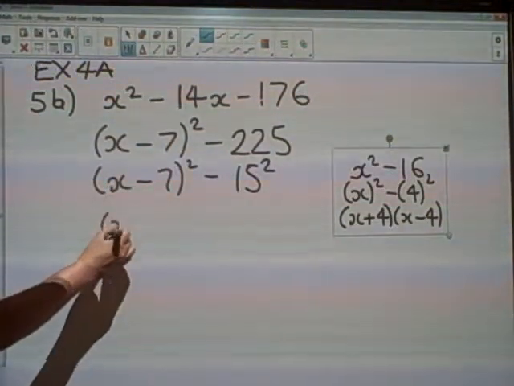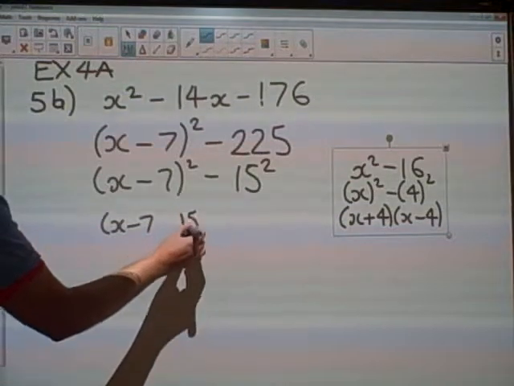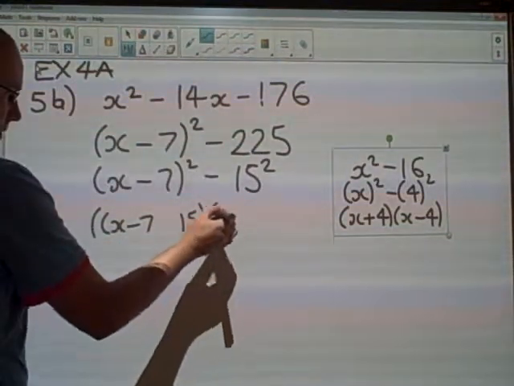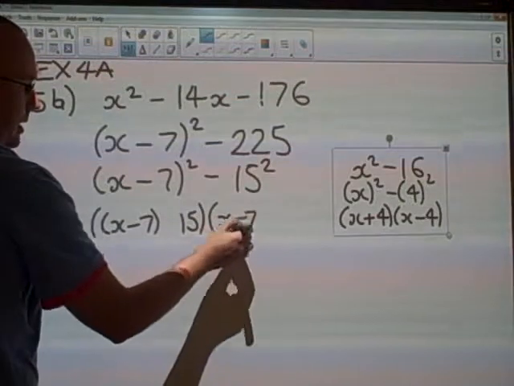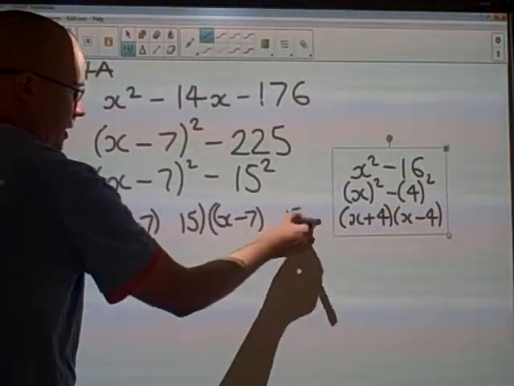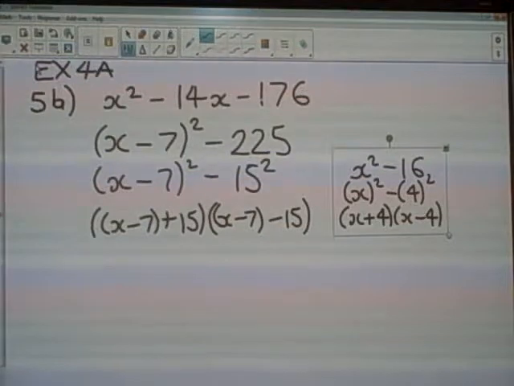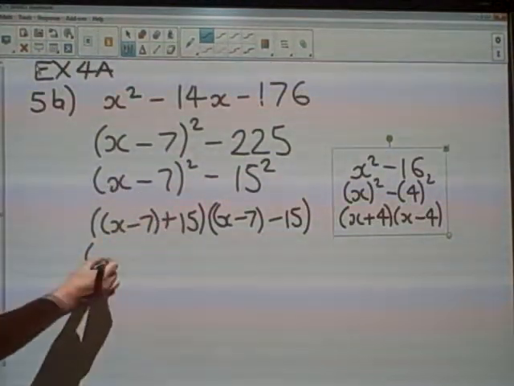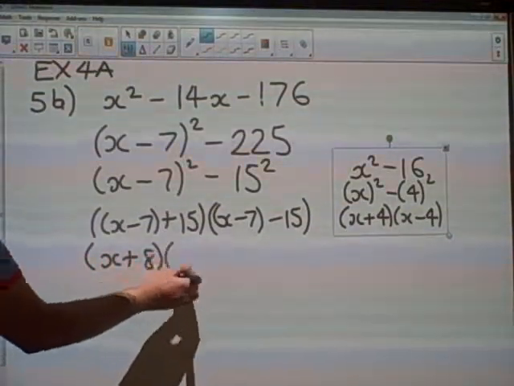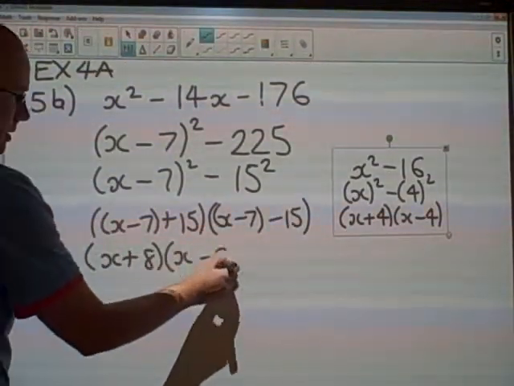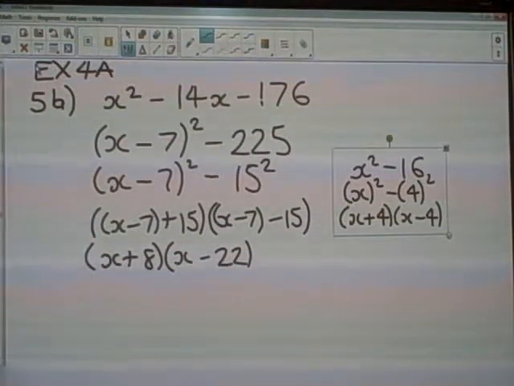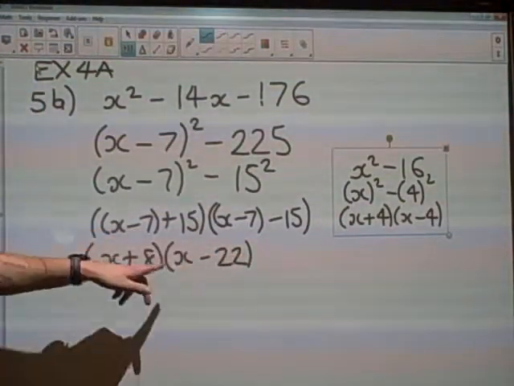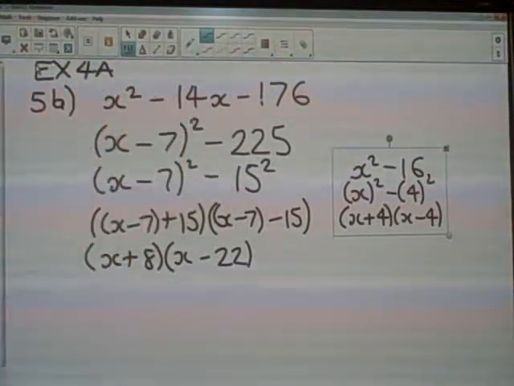So when I do the square root, I'm just going to get x minus 7, and I'm going to get 15. And I'll do the same for the other one as well. X minus 7, 15. I'm going to make one positive, and I'm going to make one negative. And then now I can go ahead and work out what these actually are. So negative 7 plus 15 is positive 8, and negative 7 take away 15 is negative 22. So we've managed to factor this, and we can check as well. 8 take away 22 is negative 14, and 8 multiplied by negative 22 is negative 176,